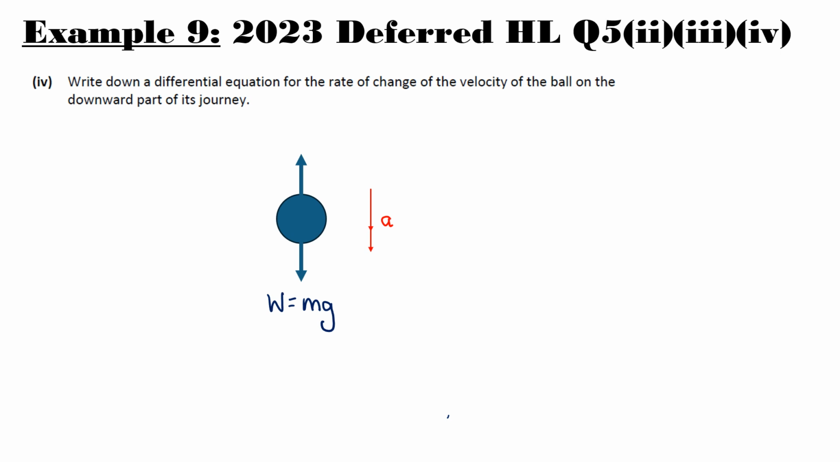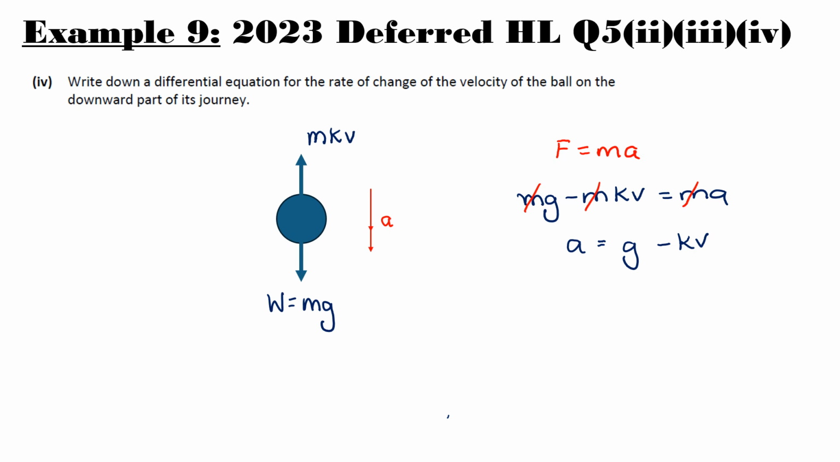So this resistance, based on what we've seen before, is mass kv, which means if we think about this in terms of our force, F equals ma, it's going in the downward direction. So we have mg going down minus mkv is equal to mass times acceleration. The masses then disappear and we get something very similar to what we had before. The sign of gravity is going to be positive in this case. So we get, for our differential equation for the rate of change of velocity, so that's dv/dt,